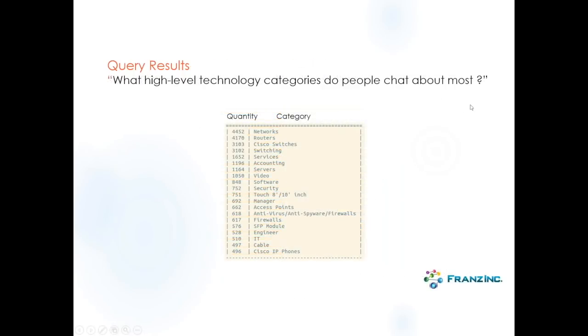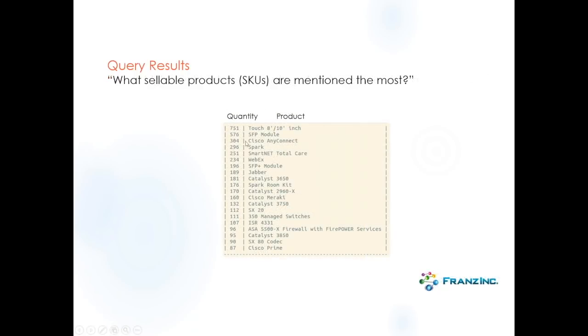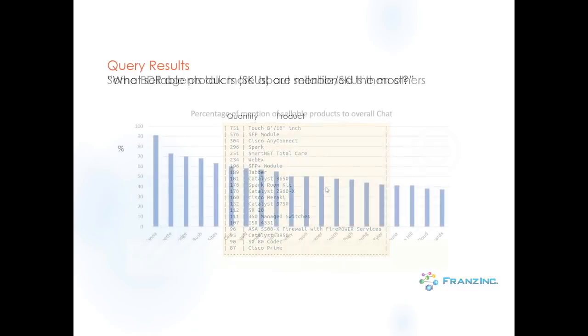You can look at, so what do people talk about? Well, this was a Cisco campaign, so no one is surprised that it's actually about networks, routers, and switches. But we also look at products from a perspective, can you buy it or not? We call that sellable products, and suddenly we can look at the actual things that people can sell. Yeah, and now it's completely different products that people talk about in general.